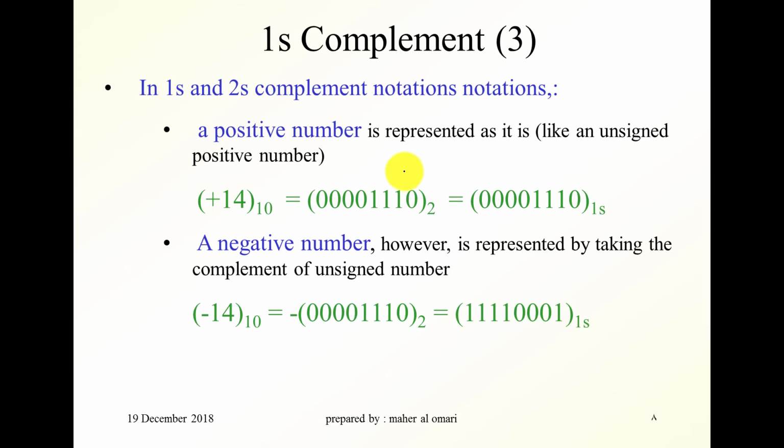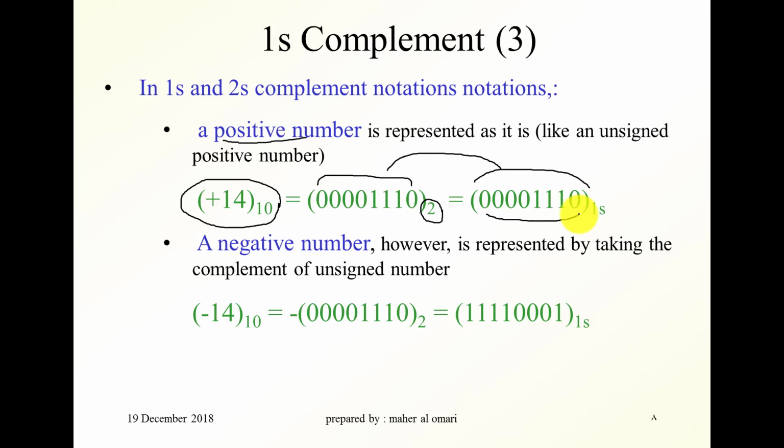Now that we know how to find the ones complement of a number, how do we represent the positive numbers in ones complement? The positive numbers in ones complement, we treat them as in sign magnitude notation. For example, this is a positive 14 in base 10. 14 is this as an 8-bit number, okay? And the ones complement for this number as a positive number is the same. We invert nothing here. So this is the positive 14.